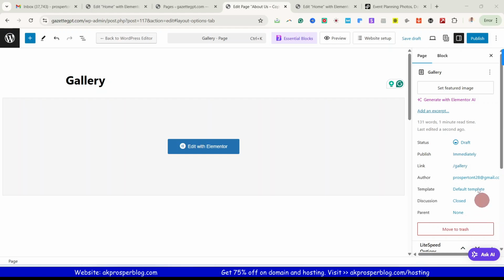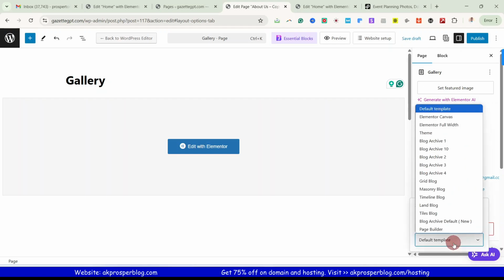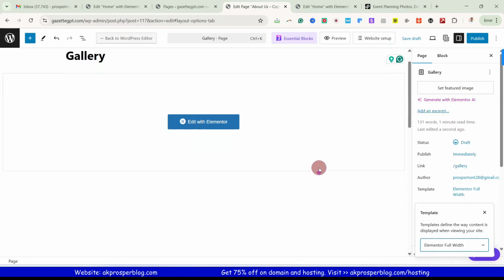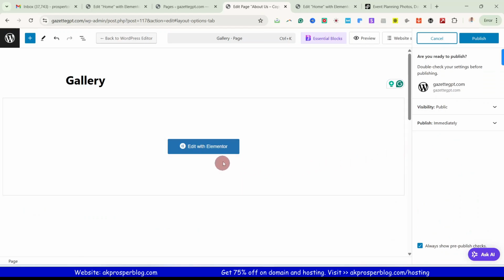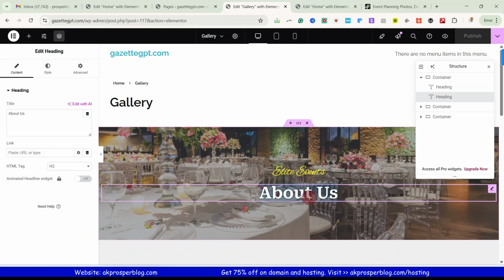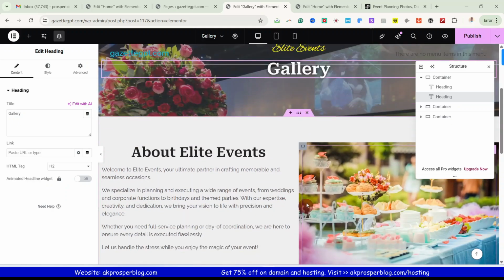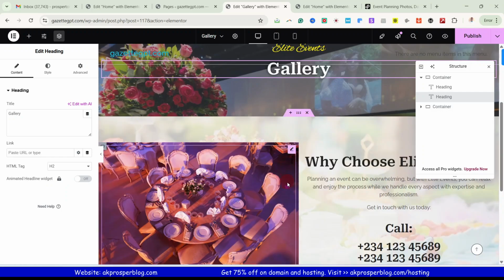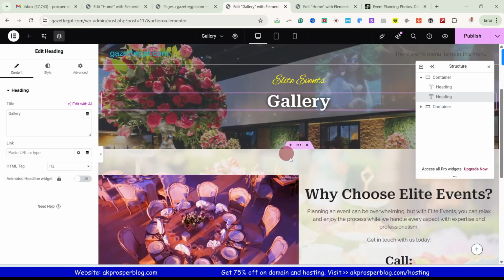And then there's nothing else to change here. Okay, the templates should be Elementor WordPress. Publish. Now let's edit this. Gallery. So in case I've not mentioned, you see all this breadcrumb and this title, we are still going to get rid of them and we're going to add our menu. So don't worry about those things. So now let me take this out. So this will still be there. So let me add in